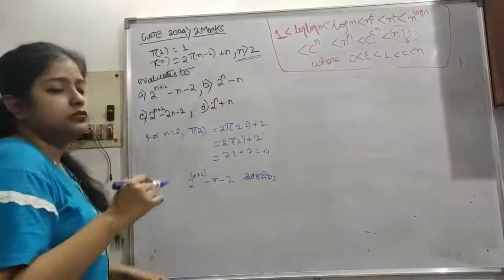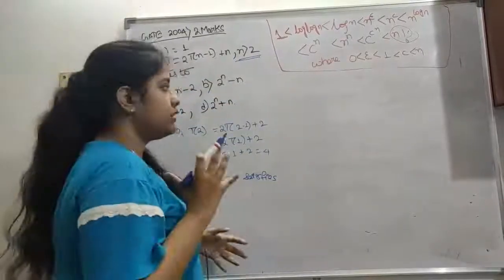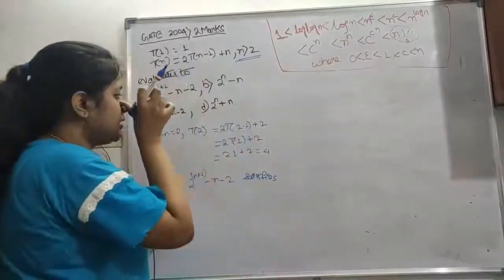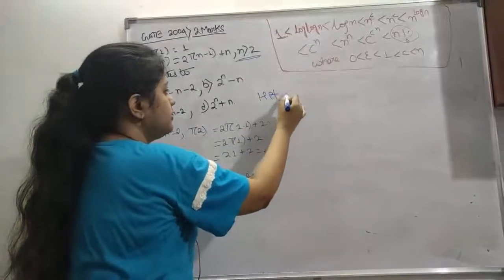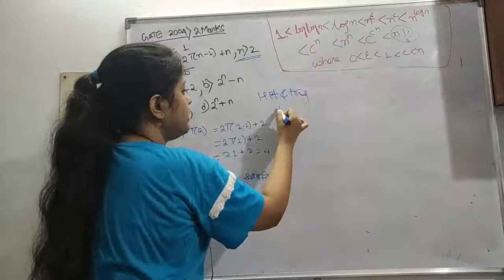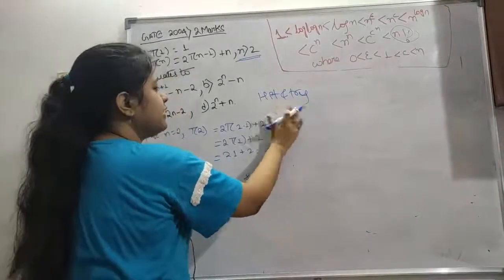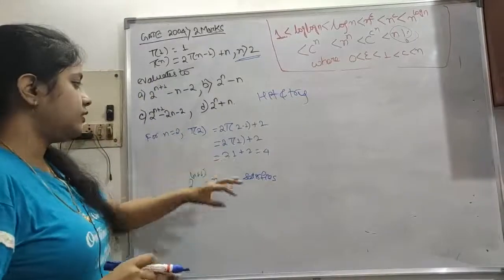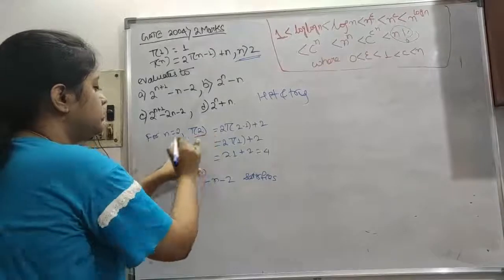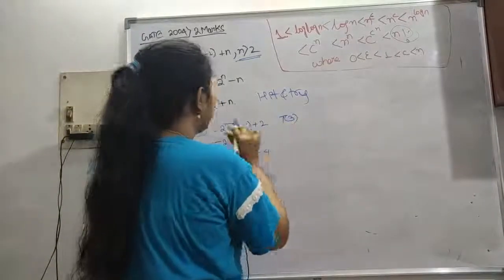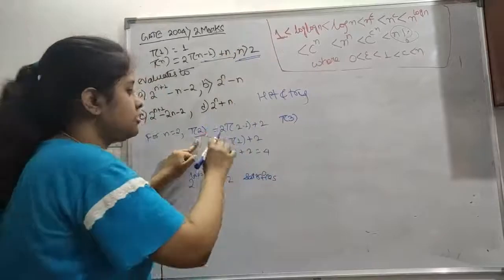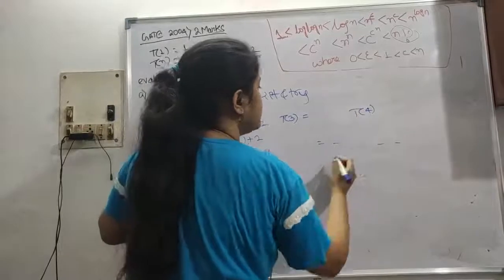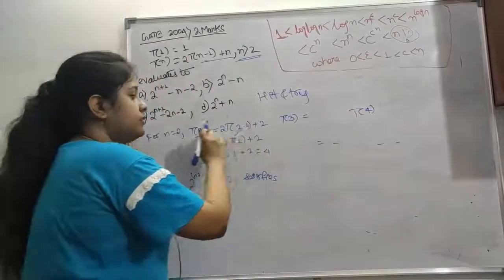So here you can solve the recurrence relation, which is a lengthy process, but a way to do it faster and get the answer correctly is to do hit and trial, or trial and error, something like this. You just have to check each and every option. So the procedure, I will say in a gist: you have to find t2 and then t3 using the main recurrence relation. Then t4, like this. In this way you can get t2, t3, t4.